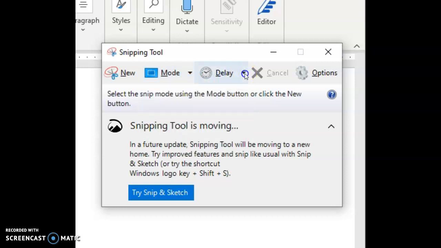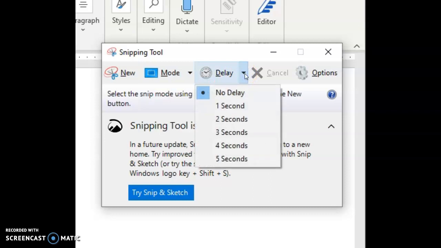Then delay. So say if you were wanting to take pictures of video or something like that, you might give yourself a delay to be able to take those videos. And then you can also go in and play with the options if you would like as well. But what we're going to do and what you will use the majority of the time is the actual new feature. So what you'll do is you're going to click new,